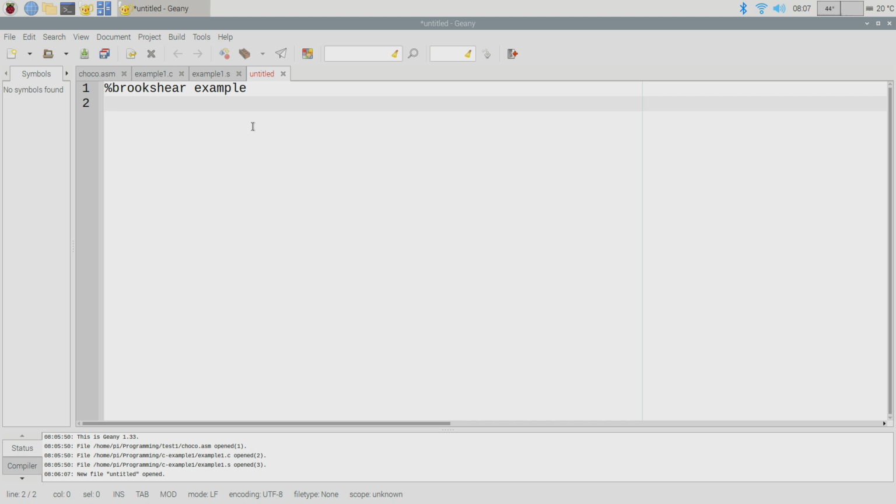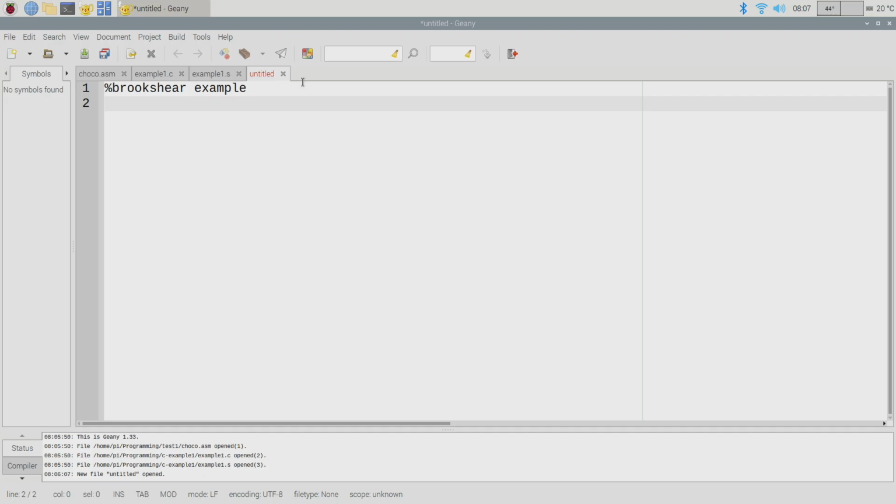So, okay. There's nothing special about Genie for the purposes of the Brookshear stuff. All I wanted you guys to do was to get used to doing things on the Pi and using Genie, so that when we start doing ARM assembly, where it's more important to use it, it will be useful.